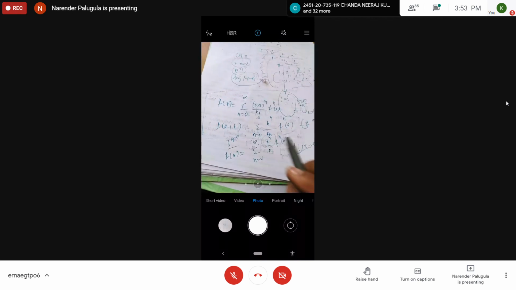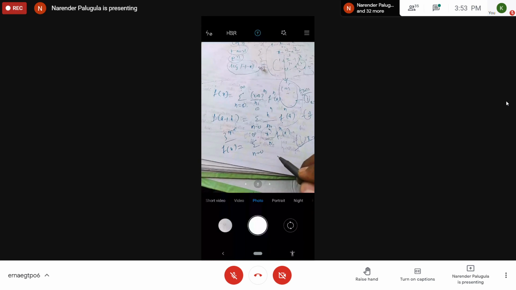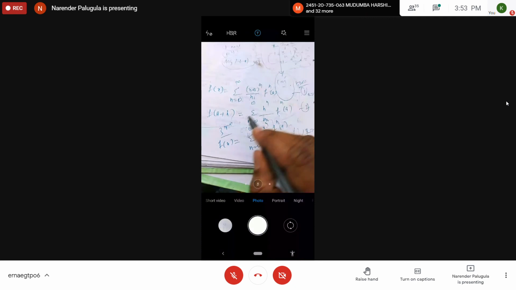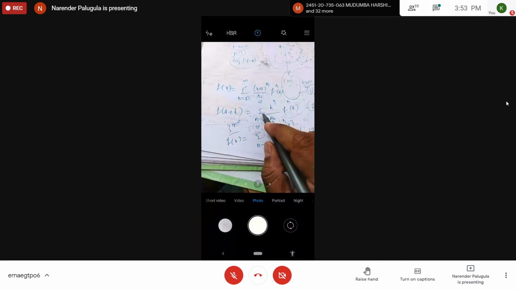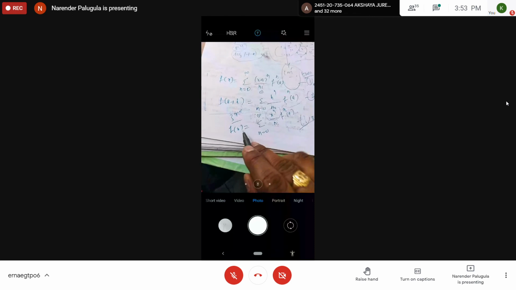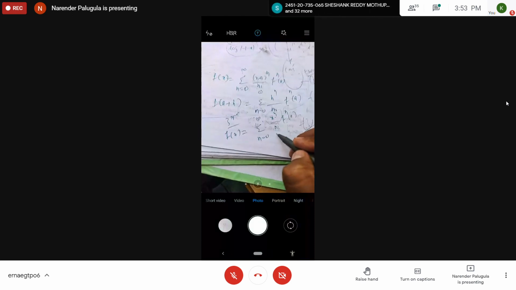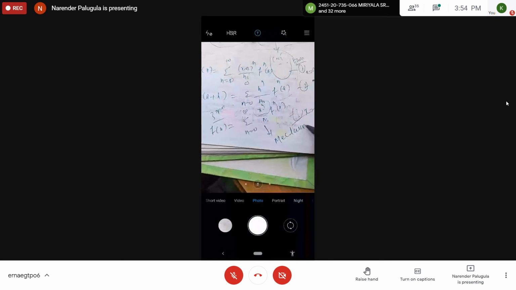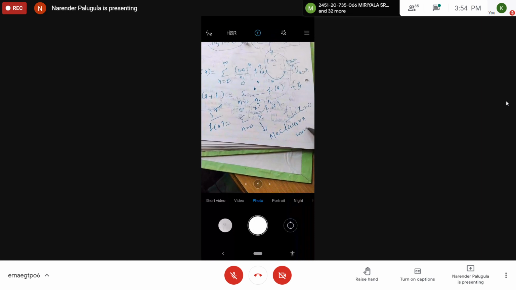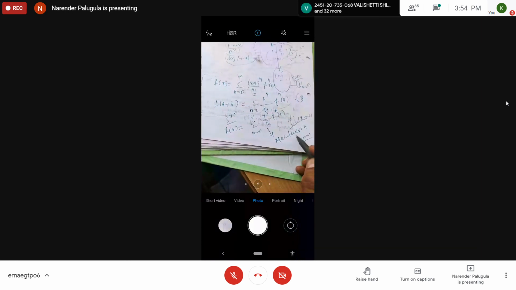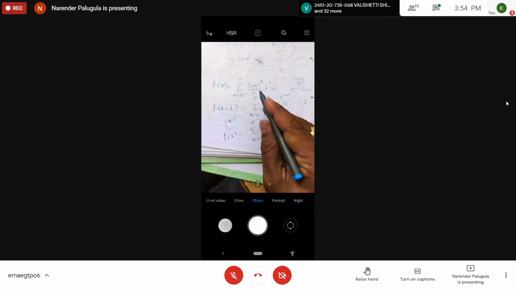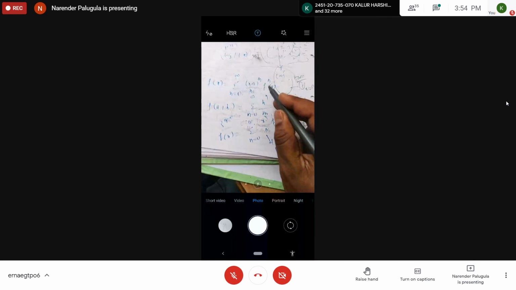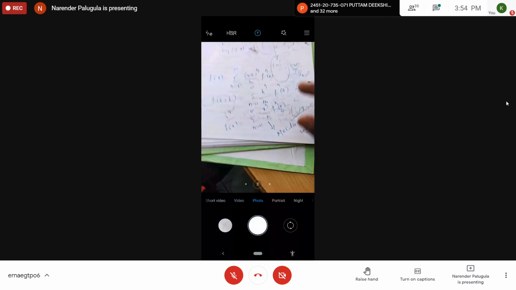So you have to remember these three important formulas: the Taylor series formula about the point a, the Taylor series expansion in the neighborhood of a, and the Taylor series formula about the point 0. This formula is also called the Maclaurin series. That is, the Maclaurin series is a particular case of the Taylor series. When the point is 0, the same Taylor series is called the Maclaurin series. So remember these three points.